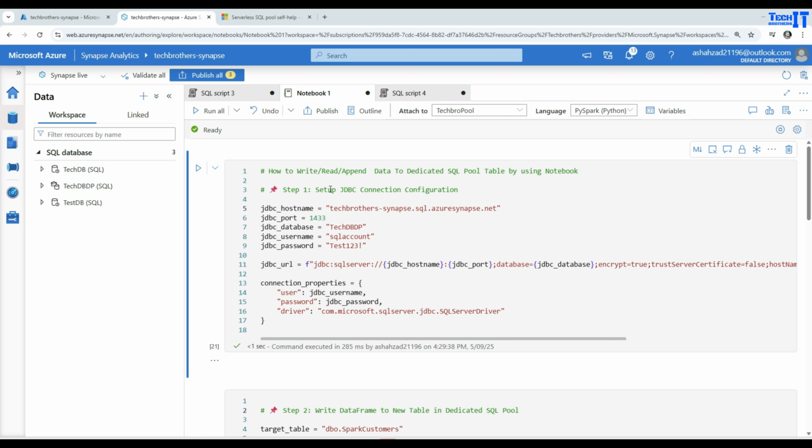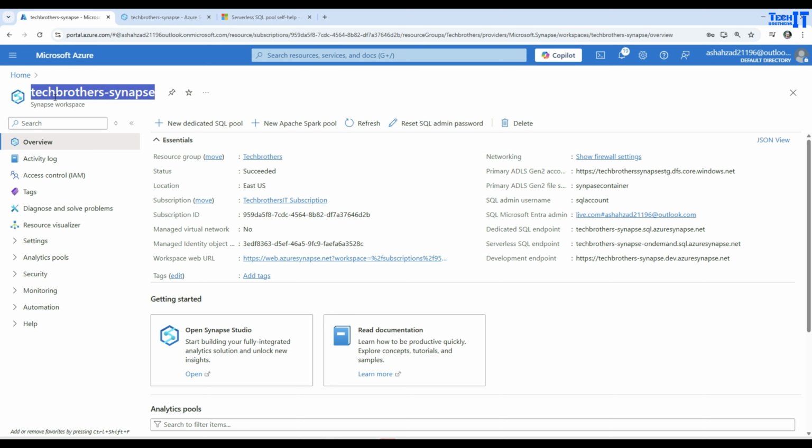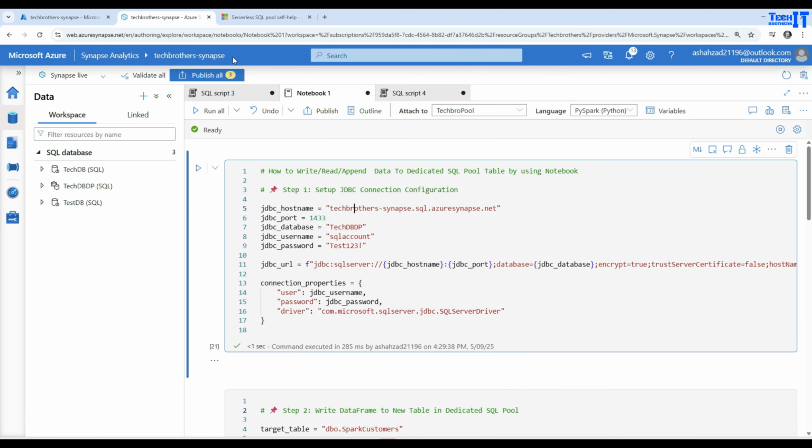So here, what I'm doing is using a JDBC connection and configuring that. The JDBC host is techbrothers-synapse.sql.azuresynapse.net. This part is where you are going to change to your Azure Synapse workspace name. This is my Synapse workspace name, or you can copy it from here as well. So this is your host, that's your Synapse workspace, and then you will provide this hard-coded value